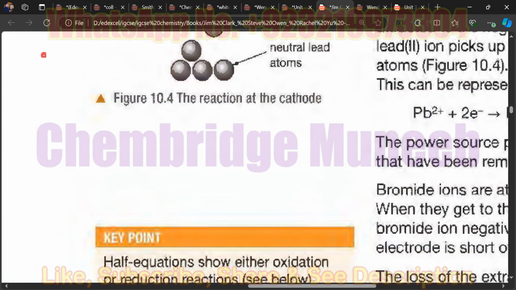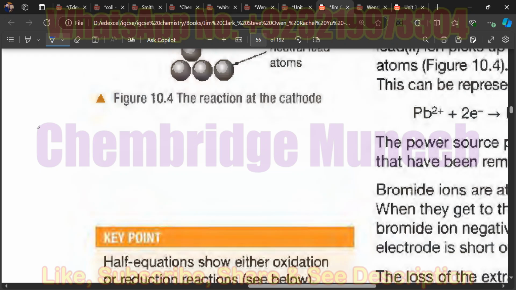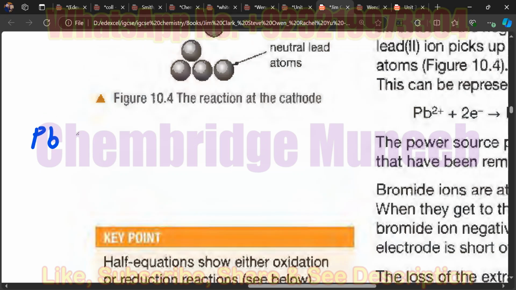I'm going to write the equations here to make it simple for you. This is present in its molten form, which means there is no other compound apart from this compound. When it is converted into molten form, then as a result of electrolysis